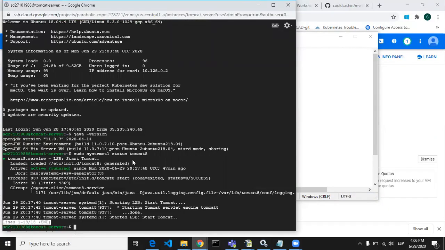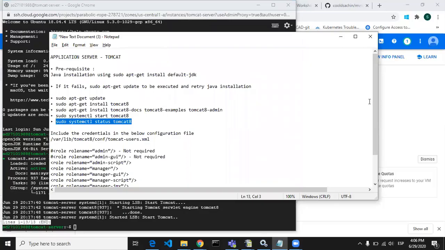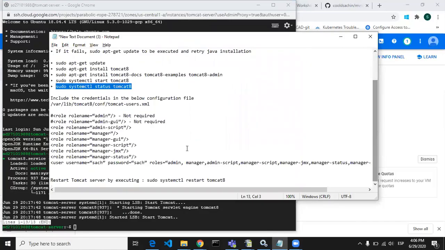Now you have to do some settings in your XML file, so that you give permission to admin, manager, manager-gui, manager-script for this credential. So let's go to this path.